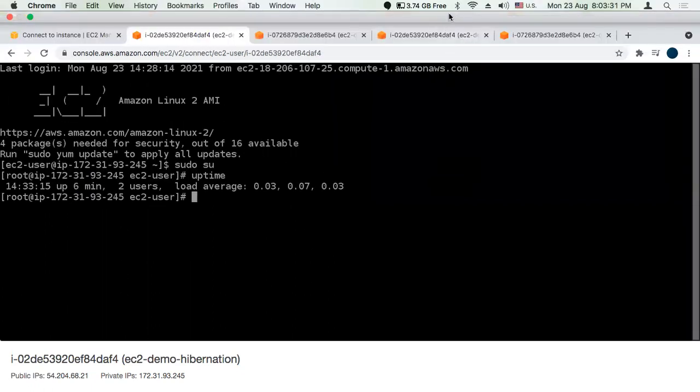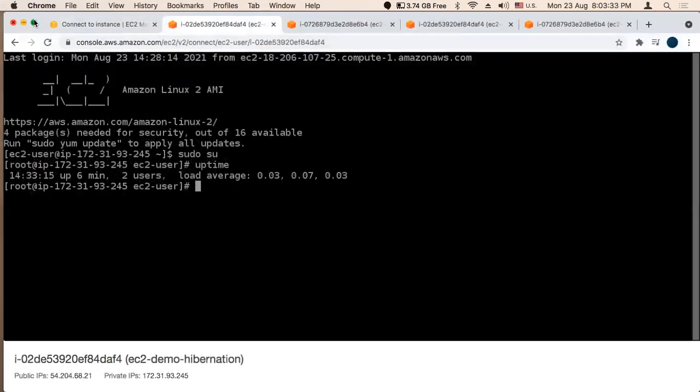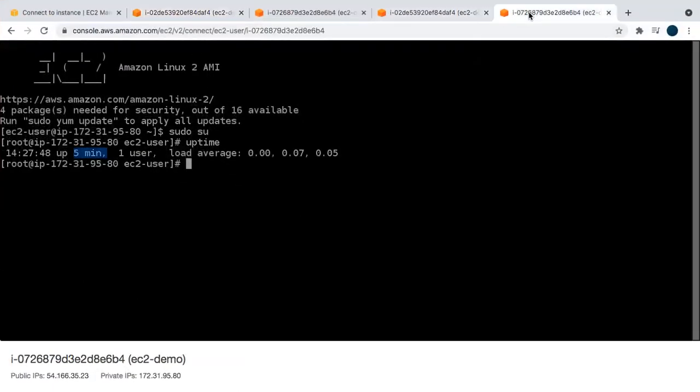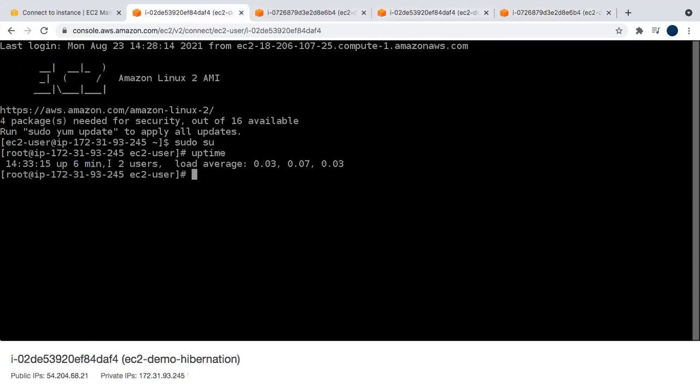For the hibernation instance, the uptime is greater than the previous uptime. It means we had hibernated our instance. It stored the previous EC2 instance RAM on EBS and used that data when we restarted it.